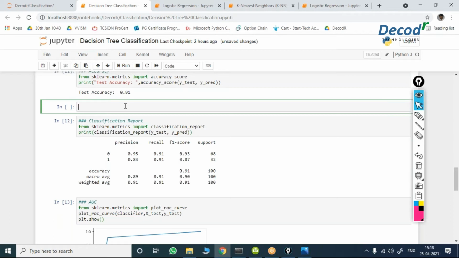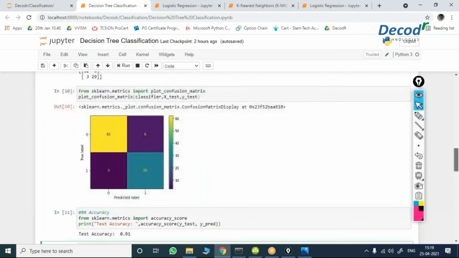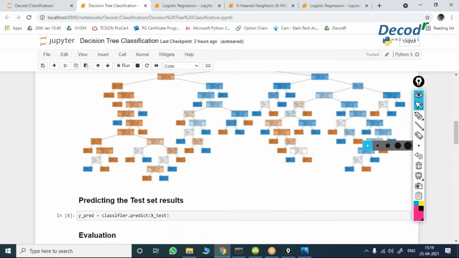More than 91? Yes, of course, it is more than 91, that is a correct answer but not the exact answer. It is very simple: 100%. It is 100% because it has gone until the end. You have not done any pruning. By default it will be 100% because the decision tree continues until it gets the final answer. It never stops until you get the final output.